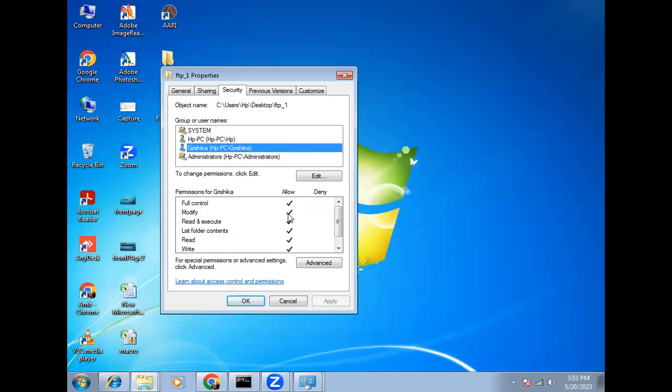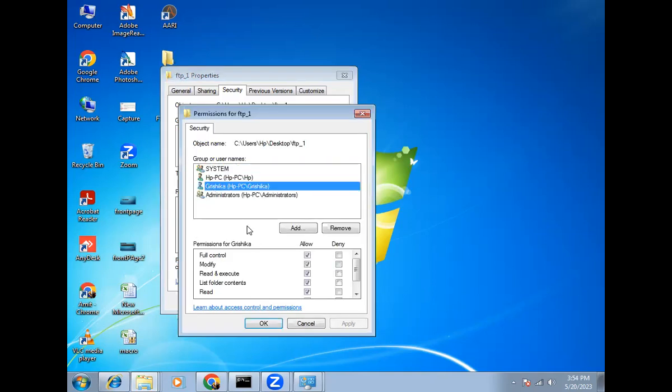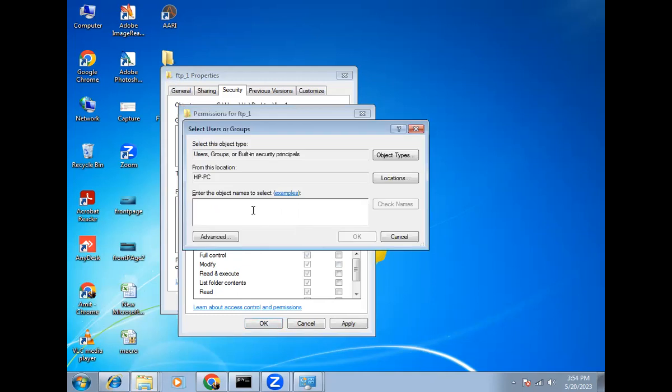If all these permissions are given, then only you can upload and download folders and files. If any permission is not given here, then your automation in 360 will fail. So in that case, whatever user you want to add for this FTP server, just delete it from here. I will click on edit, go to Grishika, remove it first, then add the user. I'll search Grishika